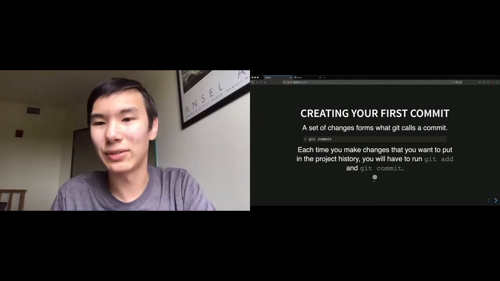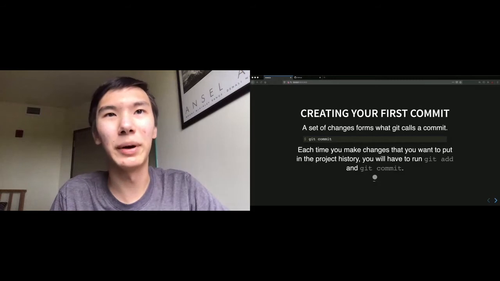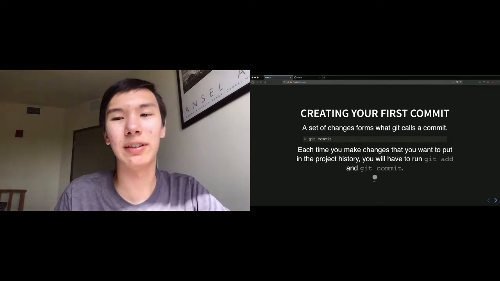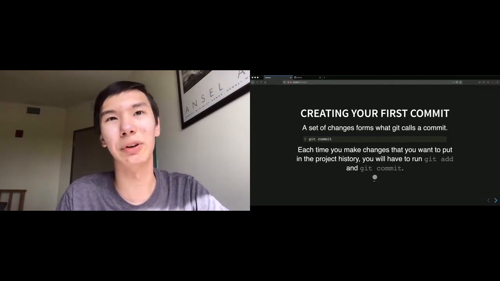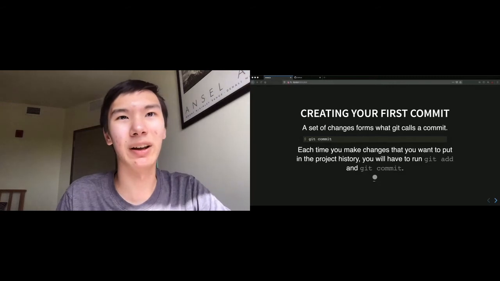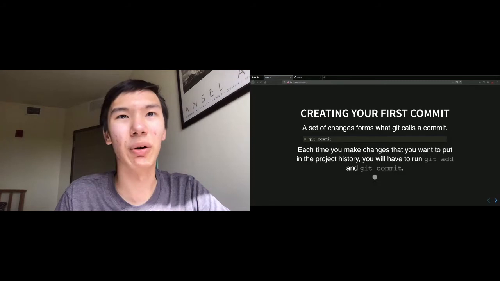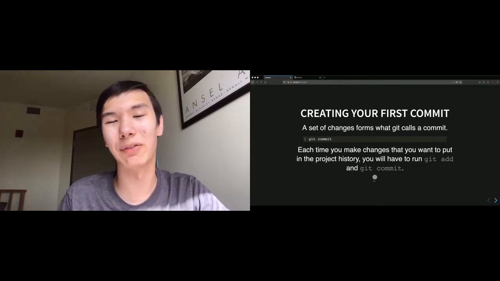So hold on a minute. You can enter the commit message, but if you are getting the please tell me who you are error about not having an email or a name, then it should tell you two commands. So there'll be a git config --global user.email, and then you type your email, and then git config --global user.name, and then you type your name. So go ahead. If you are getting that error, then just follow the instructions. Do what it says, except put your actual email and your actual name,